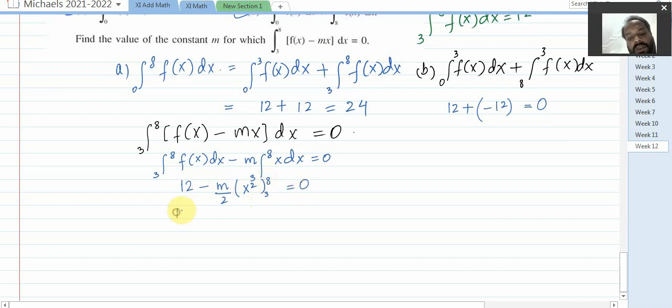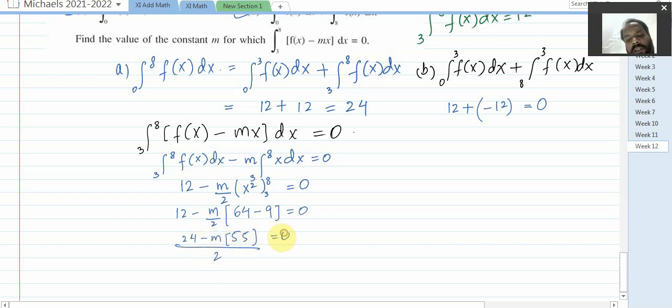So it's 12 minus m over 2. If you place the upper limit, 8 squared is 64, minus 3 squared is 9, equal to 0. If I take the LCM, which is 2, 12 twos are 24, minus m, 64 minus 9 leads to 55,